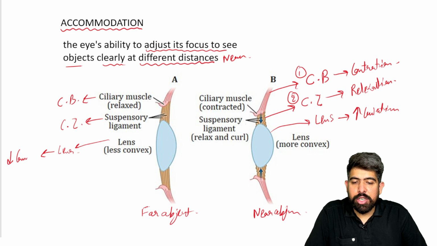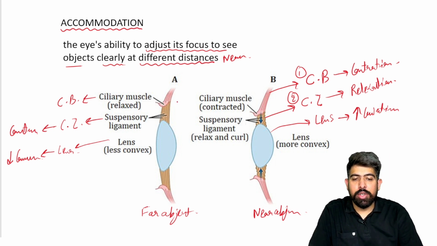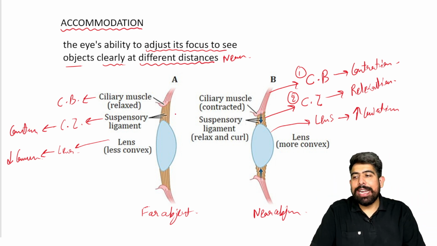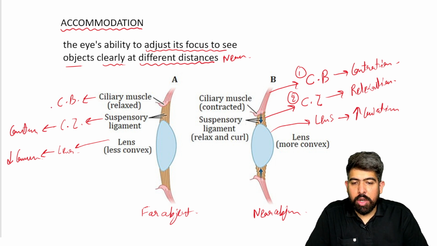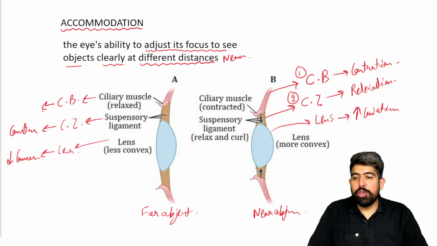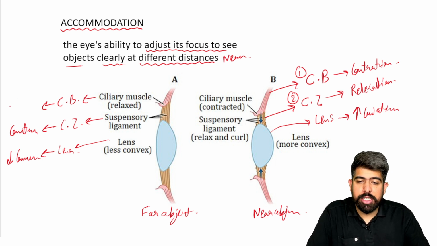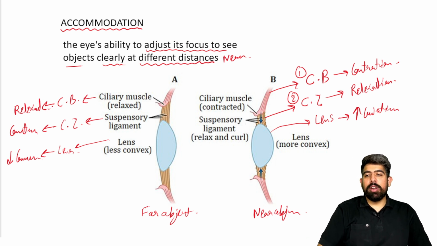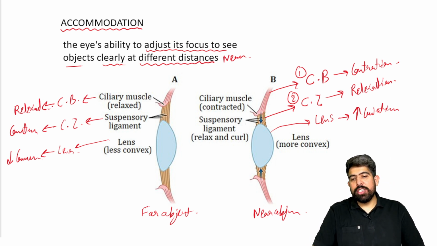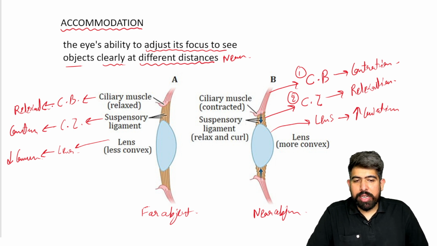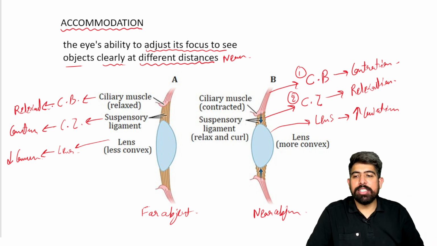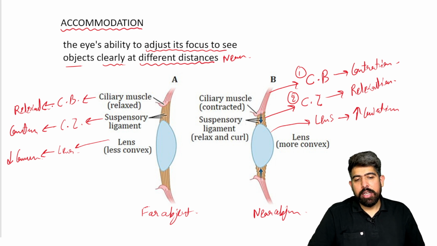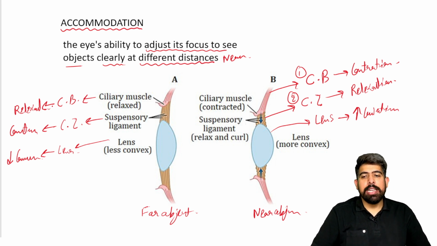So for decreasing the curvature, the ciliary zonules should contract. Yes, the ciliary zonules will contract. As you can see, the ciliary zonules get contracted, so the lens flattens. And you know, the ciliary body and ciliary zonules are opposite of each other. So the zonules are contracting, and the ciliary body will relax. So the ciliary body relaxes, the ciliary zonules contract, decreasing the curvature. If the ciliary body contracts, the ciliary zonules relax, there will be an increase in curvature, which causes near object vision. So this is known as your